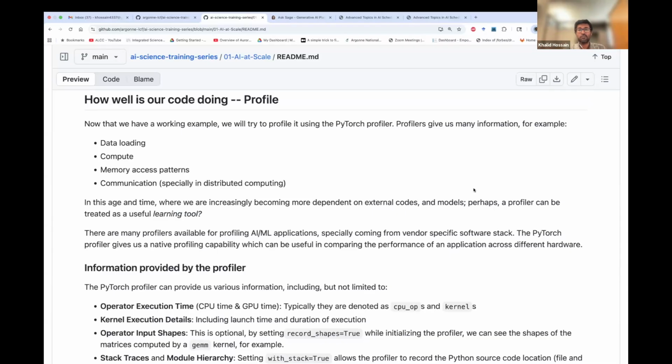you take the difference, and you find how long it takes. But if we want a little bit more fine-grained information, like how is the data loading happening? Is the compute happening the way we would want? How are the communication kernels doing? You would try to